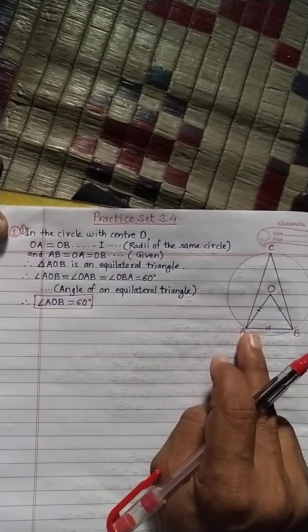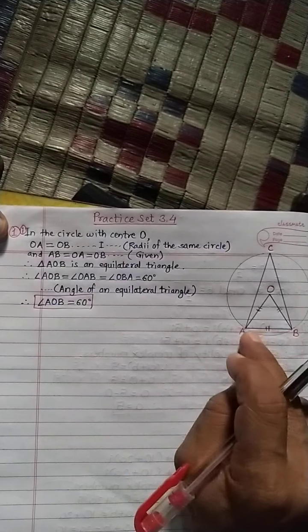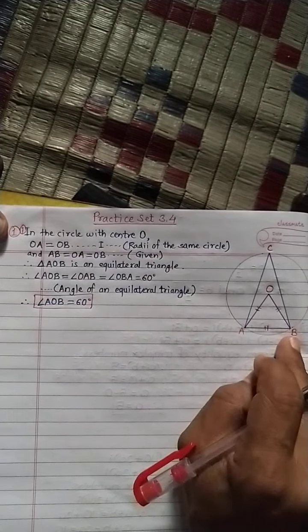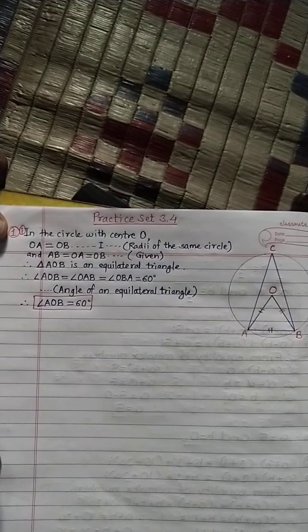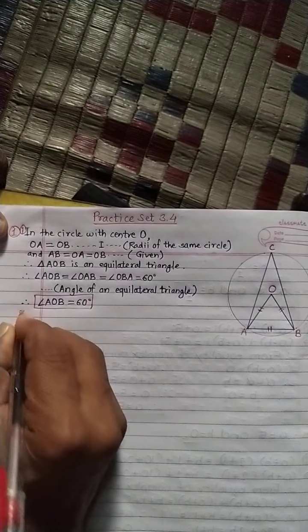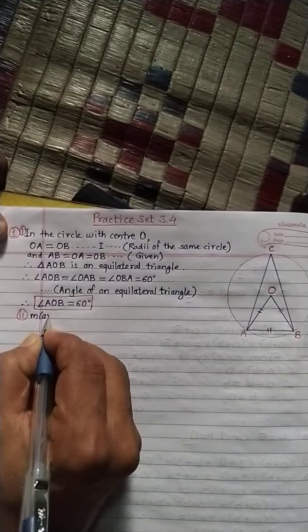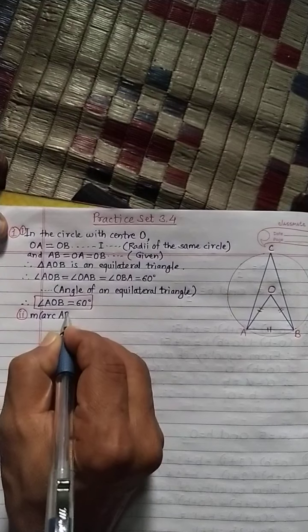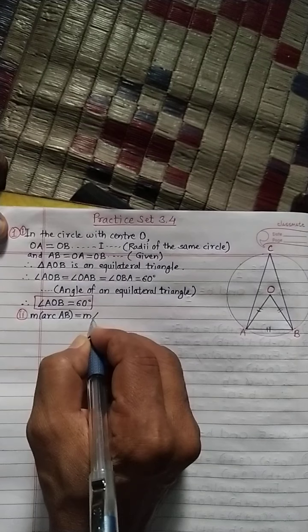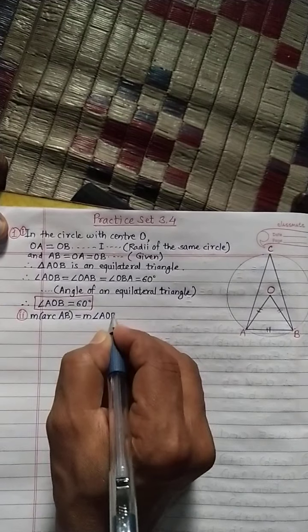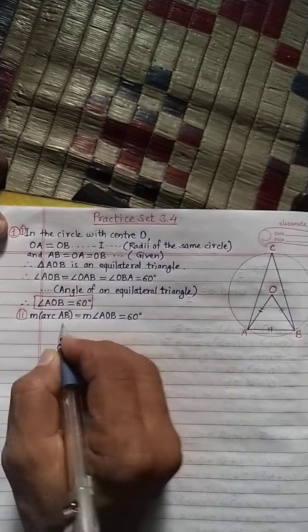The measure of arc AB is equal to the measure of angle AOB, because angle AOB is the central angle. So the second thing: measure of arc AB is equal to measure of angle AOB is equal to 60 degrees, and the reason is